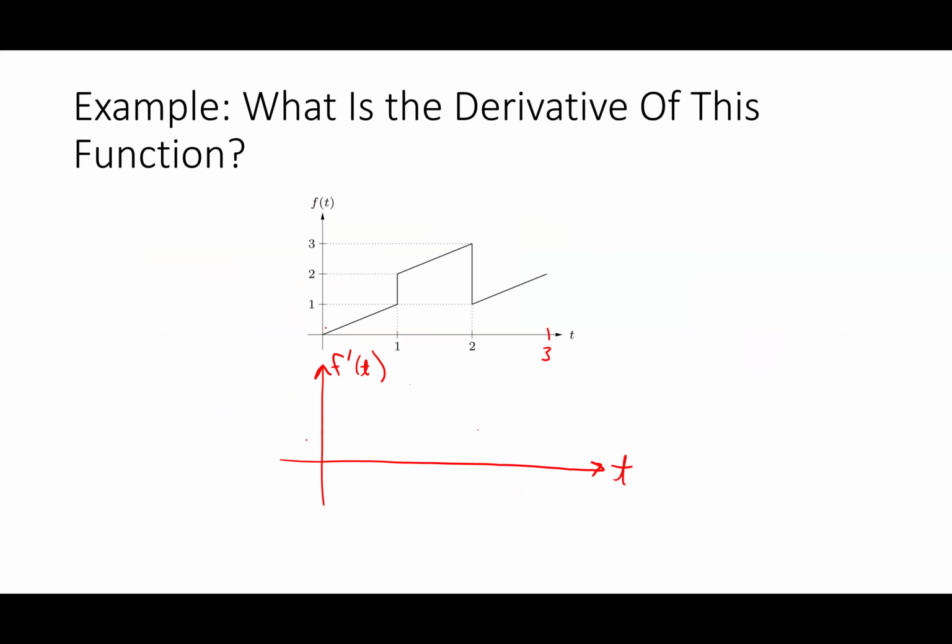So from time t equals 0 to t equals 1, what's the function from 0 to 1? Well, it's linear. So if I said sketch the derivative of a linear function, what would I get? So if I'm going up like this, what does the derivative look like? It's constant, yeah. This guy would actually be equal to 1 if I calculated the slope. And then it's actually equal to 1 again from 1 to 2. It's equal to 1 again from 2 to 3, which means it should be constant like this. All right, so 2. Now, what I didn't include is what happens